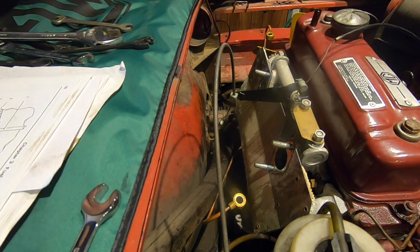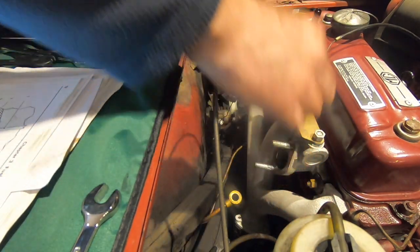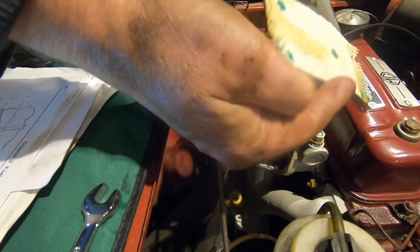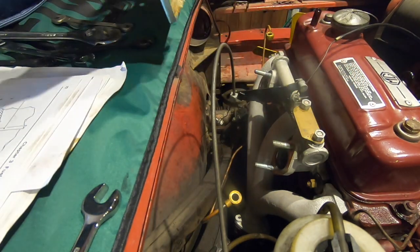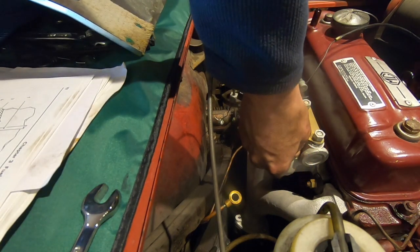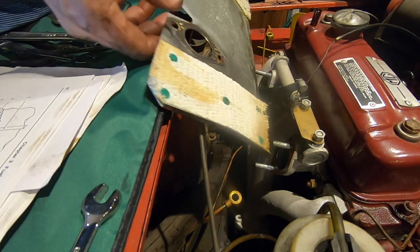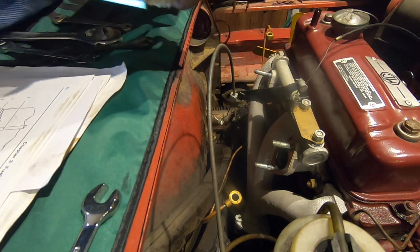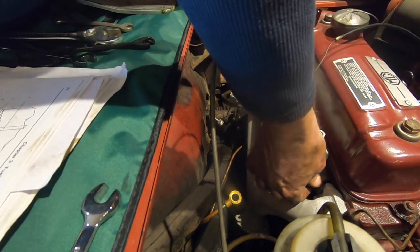Right, so I think the heat panel or the heat shield comes straight off. Asbestos to the back, and again there is another little gasket there, so some gaskets on that end. Just got a gasket on the back and a gasket on the front, and then that hopefully should allow me to get to the manifold,